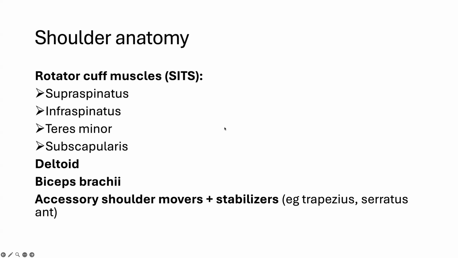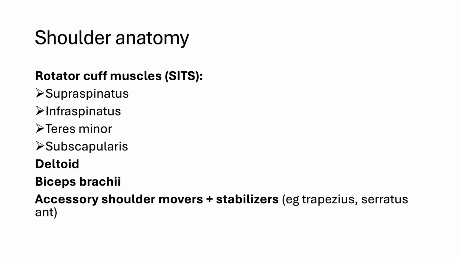Then looking at the shoulder anatomy, the muscles of interest are the rotator cuff muscles. And if you're in medical school, they would have taught you about the mnemonic SITS, which stands for the supraspinatus, infraspinatus, teres minor, and subscapularis. The rotator cuff muscles are very important because they're involved in movements related to abduction, internal and external rotation of